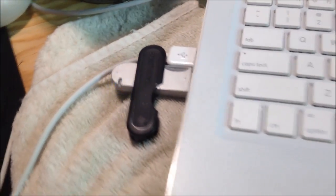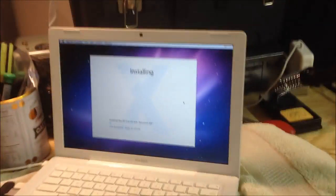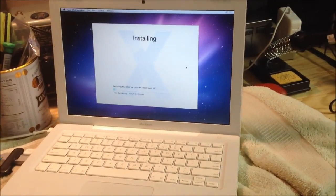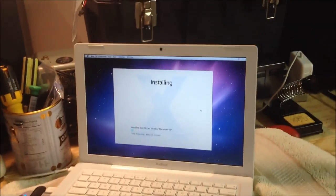Installing that stuff right off the flash drive, so it'll go much faster than it would from the DVD drive over there. Wow, this keyboard does not fit there very well. I gotta fix that when the new keyboard comes, which should be sometime next week. So we're just going to take a look at this machine just to see what's in it. How I set it up will probably have to wait, but